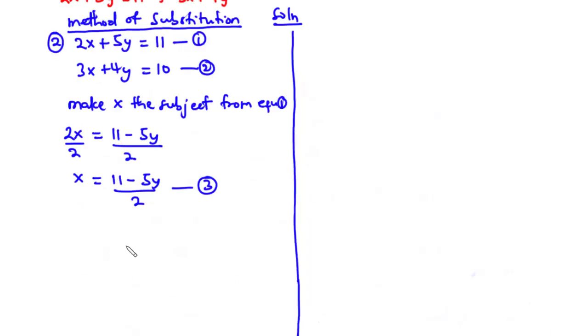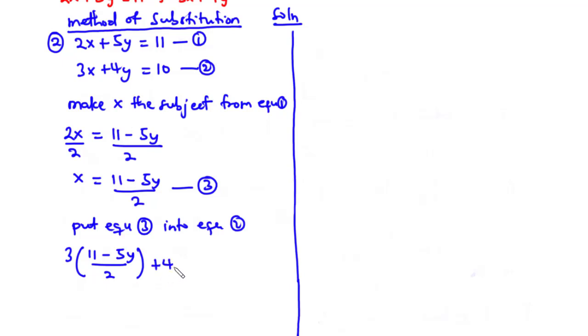In the next step, we are going to put equation 3 into equation 2 because equation 3 is coming from equation 1. So we can't put equation 3 back into equation 1. We need to put it in the other equation, that is equation 2. So putting equation 3 into equation 2, we have 3x. So in place of x, we substitute (11 minus 5y) divided by 2. And then plus 4y